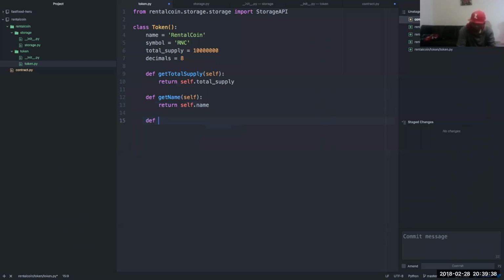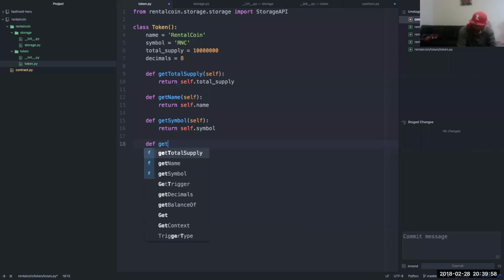Define get symbol, self, return self dot symbol. Define get decimals.